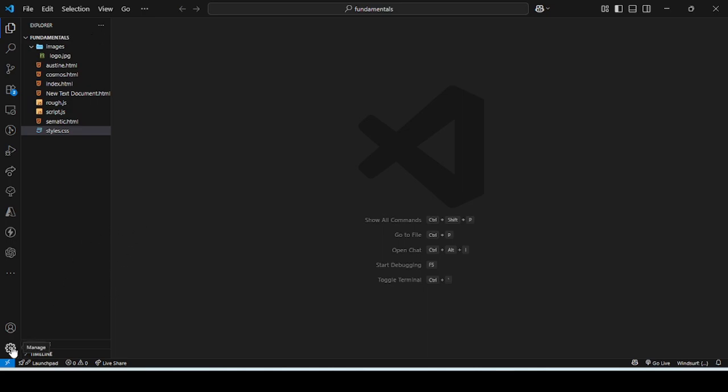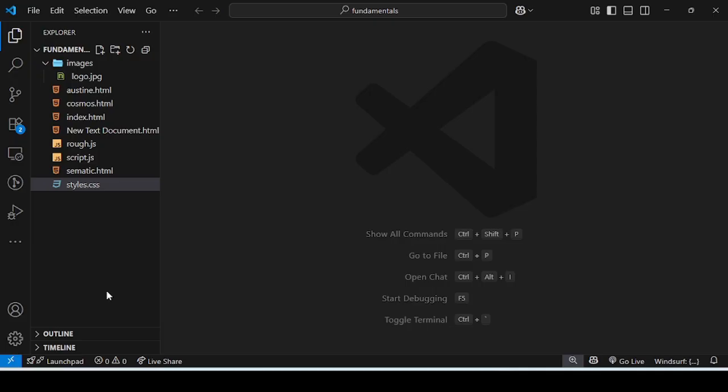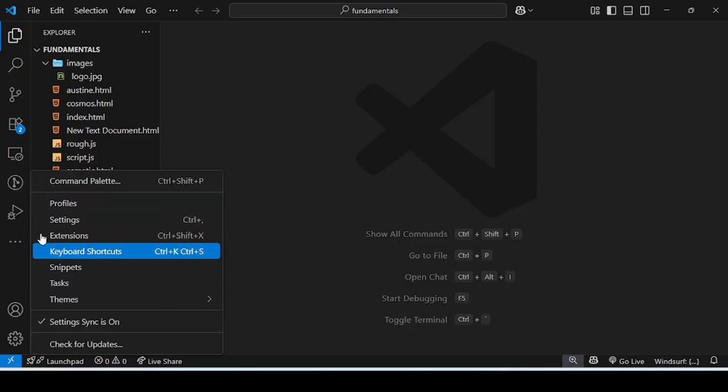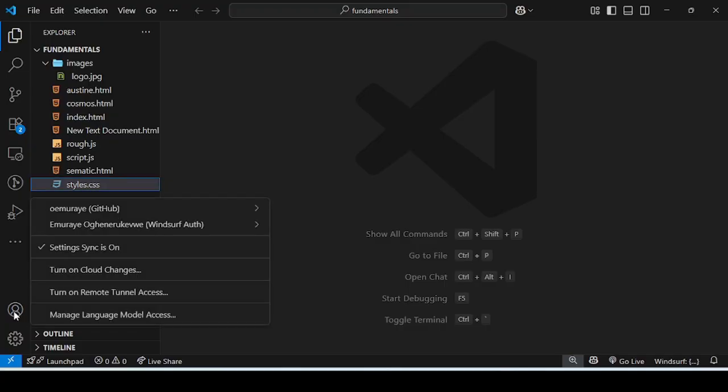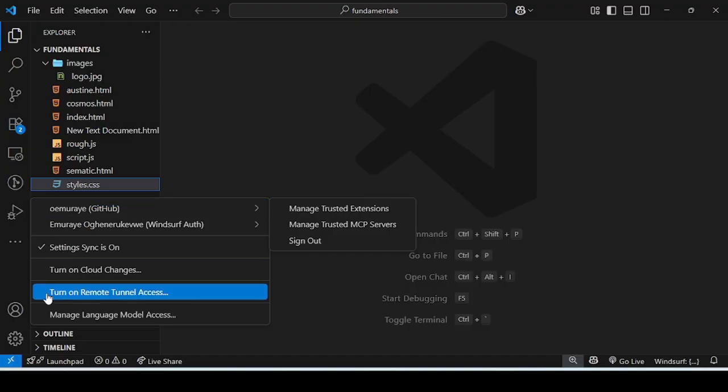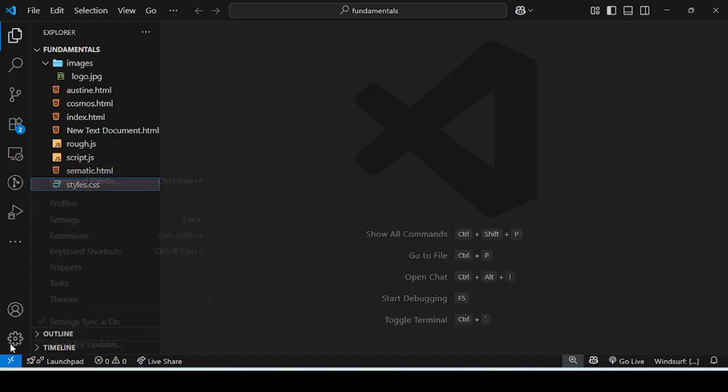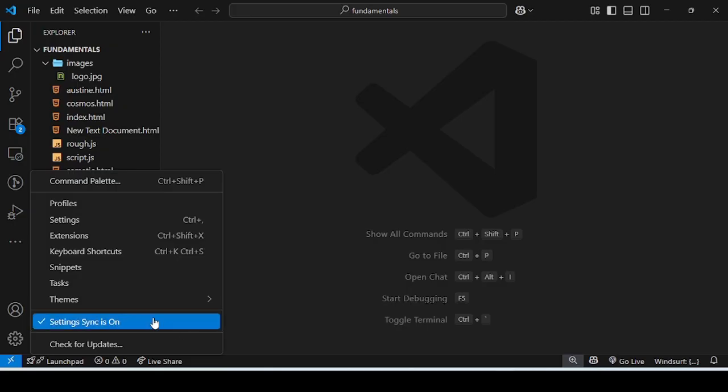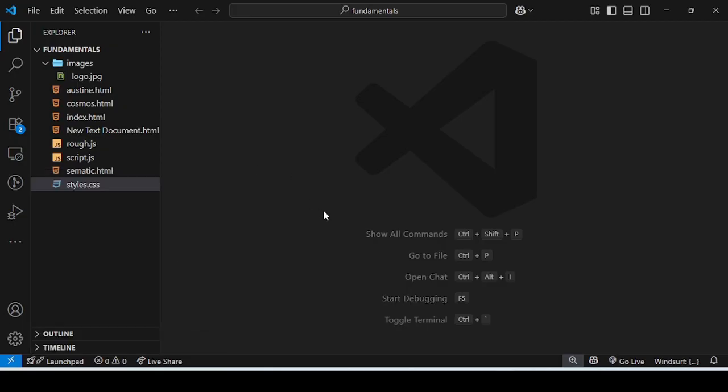If you go to this side of your screen, the settings part of your screen, depending on the VS Code version you are working on, you see I'm logged into my GitHub. If I'm not logged into my GitHub, I'm going to see "Sign in to GitHub". And when I click on it, it's creating a link and